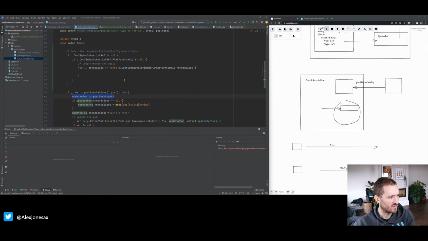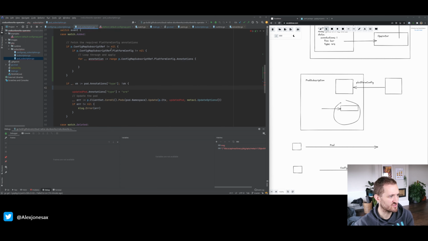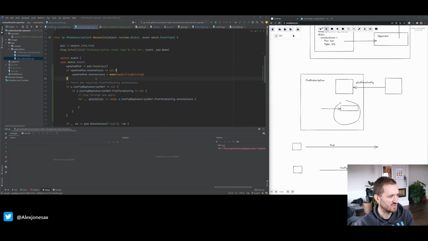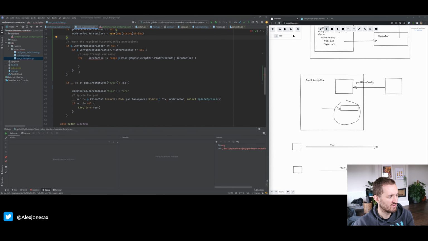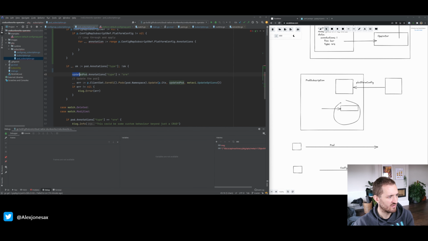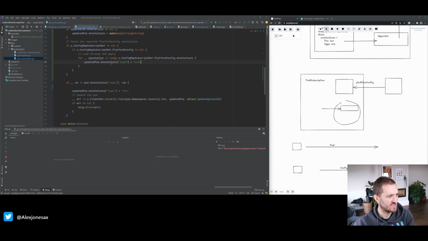and you can see here I've actually done a check to see if the annotations are nil. That's from a previous video where I think we were deleting them. So at the top of this phase we will do a deep copy, and then we can add all the updated annotations. So annotation dot name equals annotation dot value, and then at the end of this we can do the update. So I will clear that out,